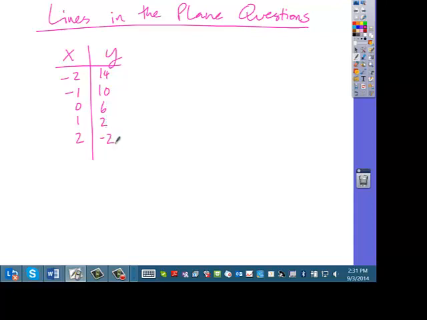from the table given, write a linear equation. Write a linear equation from this table. So we probably want it to look like that, which means all we need is the m and the b. We just need the slope and the y-intercept. So the slope is going to be easy. We notice here, and I don't have to do this for every single one of these, I can